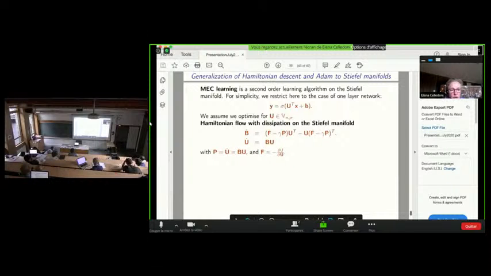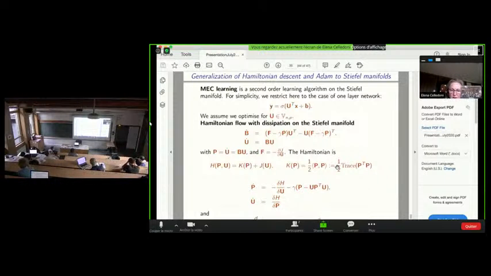It is possible to show that this system is exactly of the same type as the Hamiltonian systems seen earlier, not in the context of manifolds, and has this format here. So this old algorithm based on this set of equations also belongs to the same class of problems.